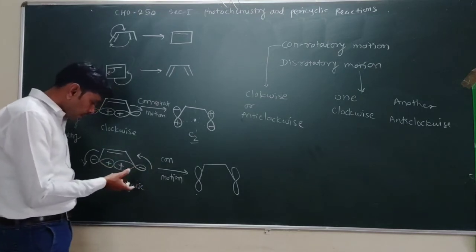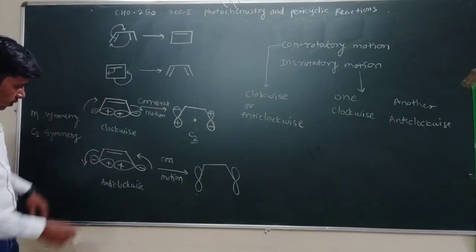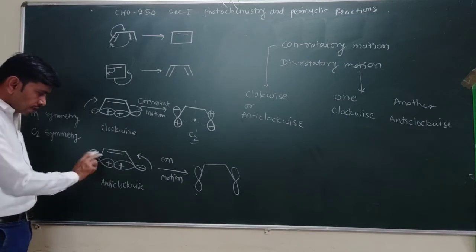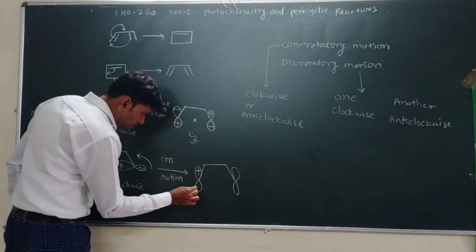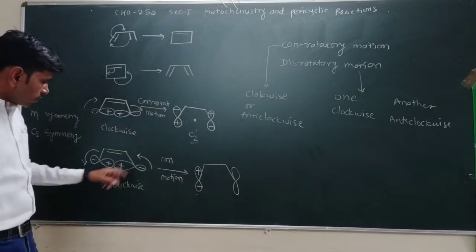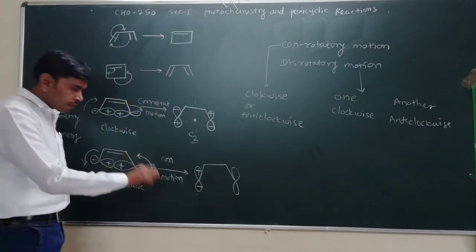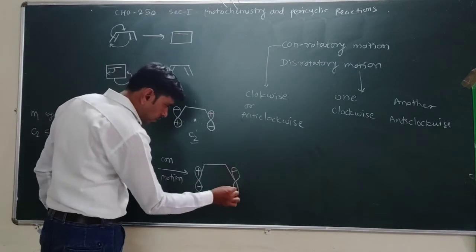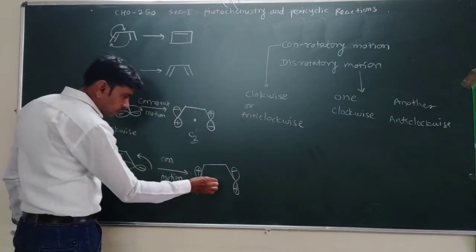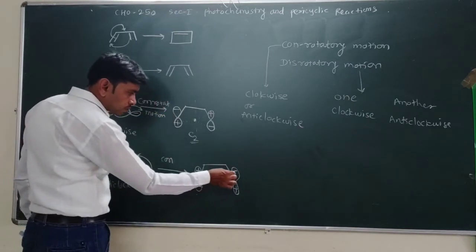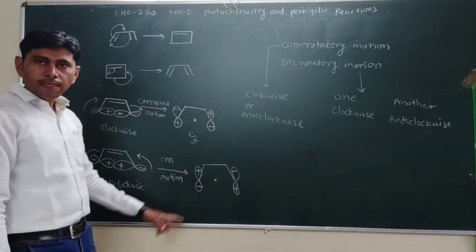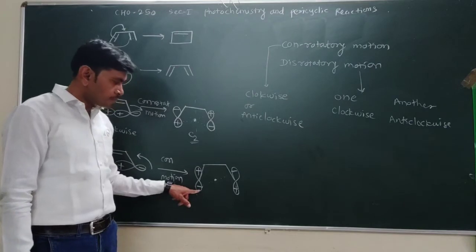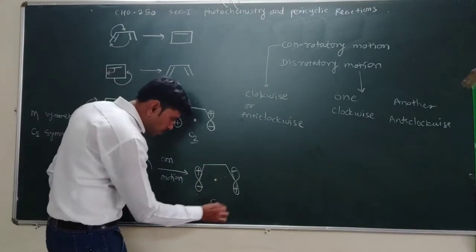Rotated 90 degrees by anti-clockwise motion. When we see this left orbital rotated anti-clockwise, the plus sign goes here, the negative sign goes here. Now in this case, when we rotated this anti-clockwise, the negative sign goes here, the plus sign goes here. If we see the central point, go some distance, we obtain a negative sign. Again, we go the same distance in the opposite direction, we obtain the same sign.